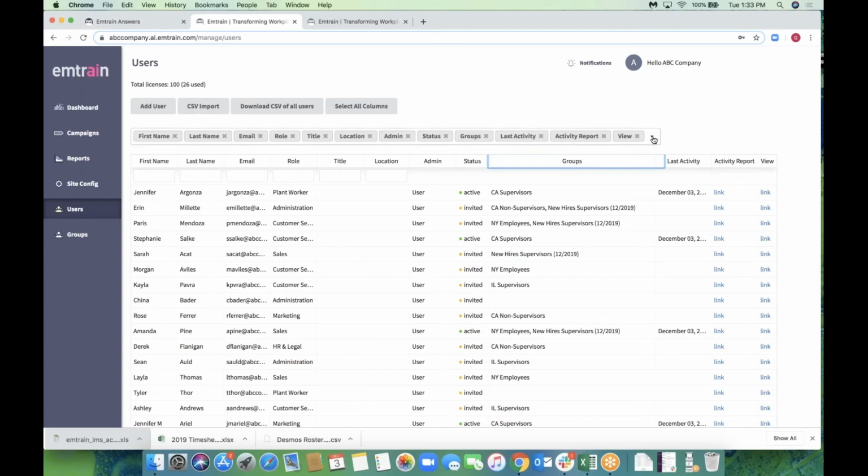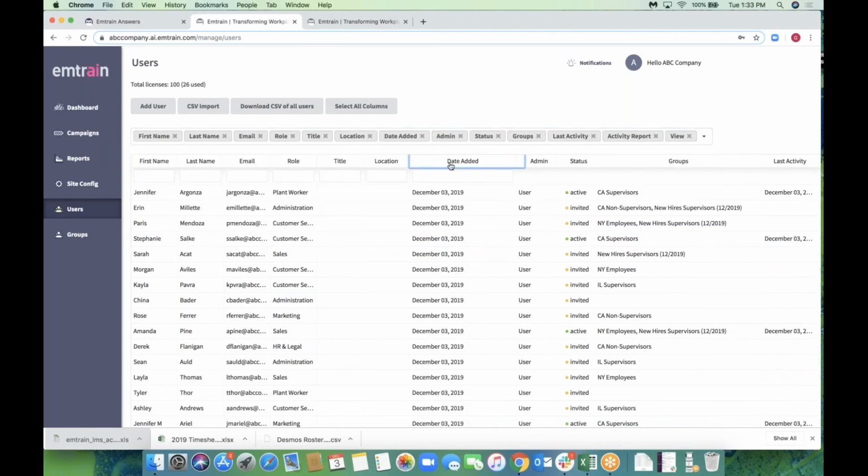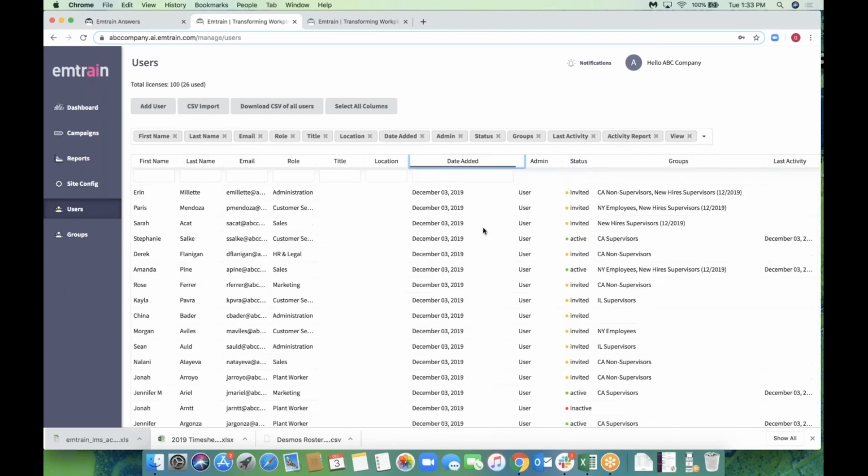And just as a tip, what I typically do, this isn't going to work well right this minute because I've actually added all of these today, but what I would typically do is add to this roster view this date added, and this would show me when somebody was brought into the system. So had I uploaded this initial spreadsheet in November, just these 3 new hires would then have the December 3rd date. And so I typically use that sort and bring those folks up to the top so I can assure myself that, you can see right here, those 3 are the last added. So they then are at the top when I did that sort. So that helps you confirm that what you imported